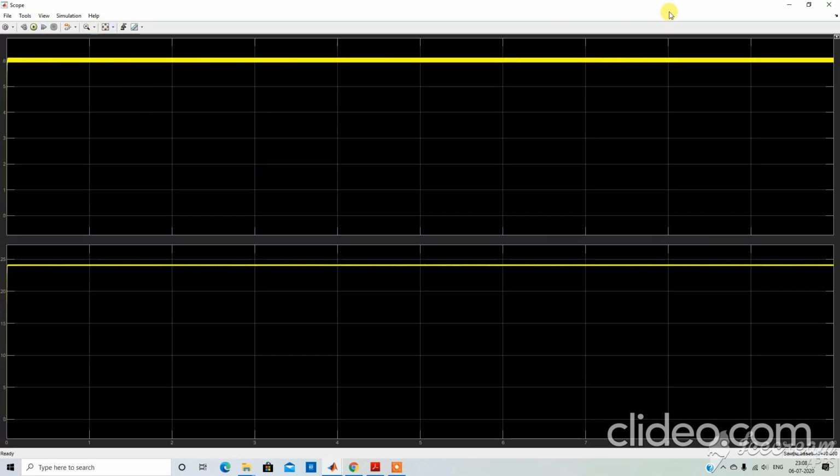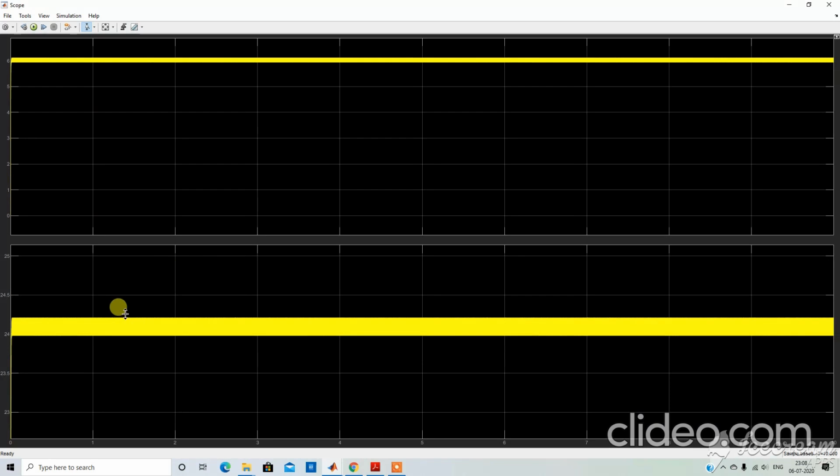Now it is showing a strange result, but that is correct. We want the value of the voltage at the output as 25 volt, but it is less than 25 volt, it is around 24 volt.